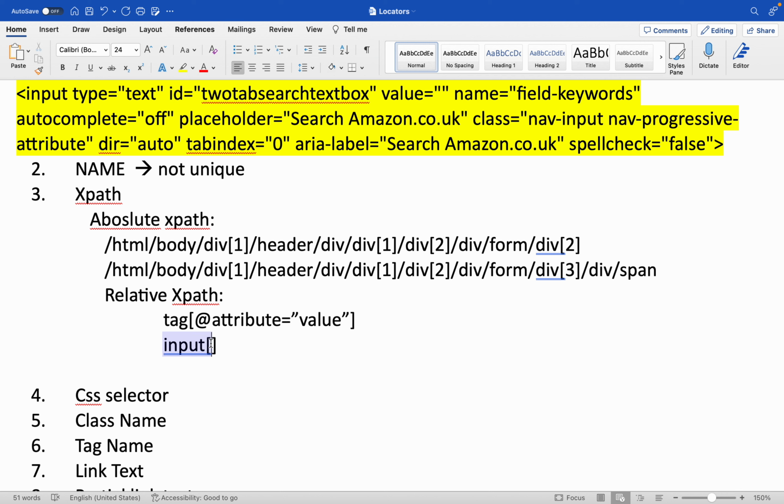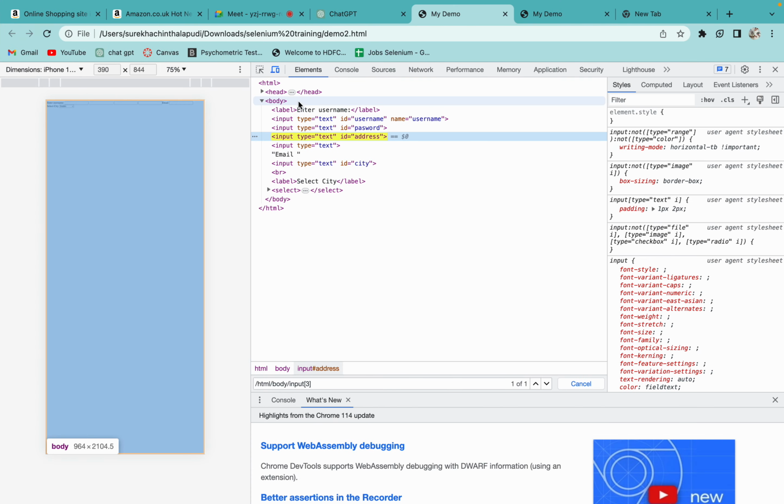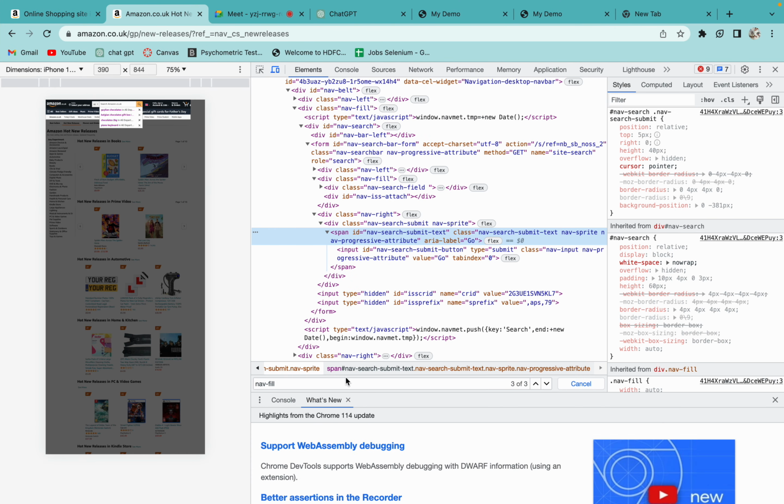At the rate ID is equal to, in double quotes. Within the double quotes, I have to specify the ID, twotabsearchtextbox. So if I'm copying this XPath, and if I'm going into this Amazon page, and if I'm pasting it over here,